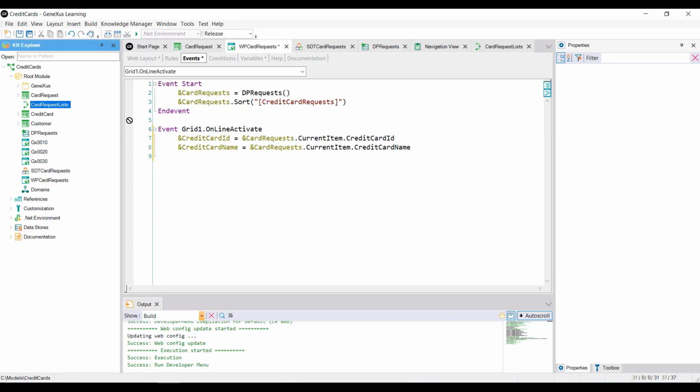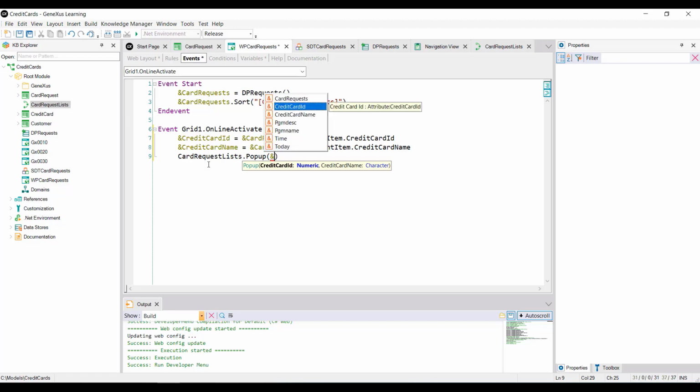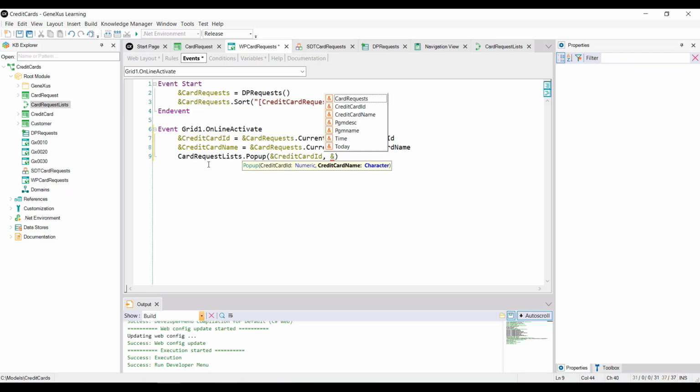Lastly, we'll call the defined list to open as a pop-up window, and we pass the necessary parameters. The variable credit card ID and the variable credit card name.